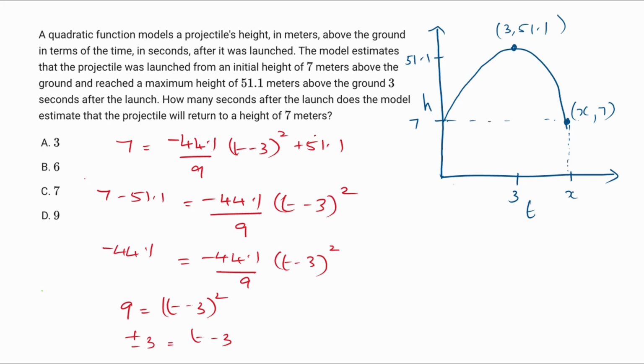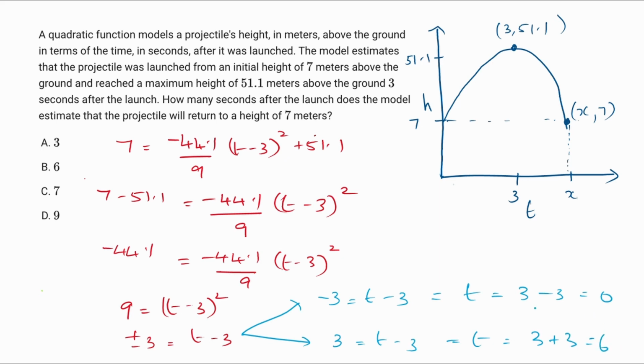So this has two possibilities, that is one with a negative, that is minus 3 which is equal to t minus 3, and another possibility with the positive, we have 3 which is equal to t minus 3. So the first case is nothing but t which is equal to plus 3 minus 3 which is equal to 0, and t which is equal to 3 plus 3 which is